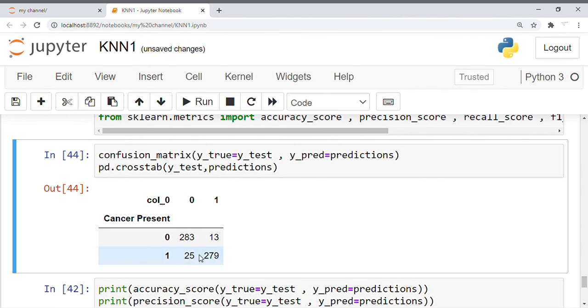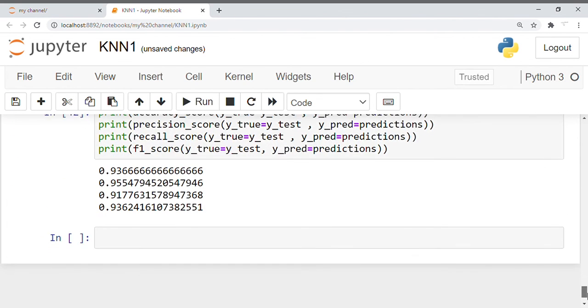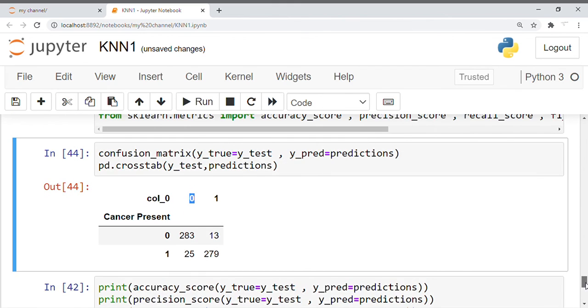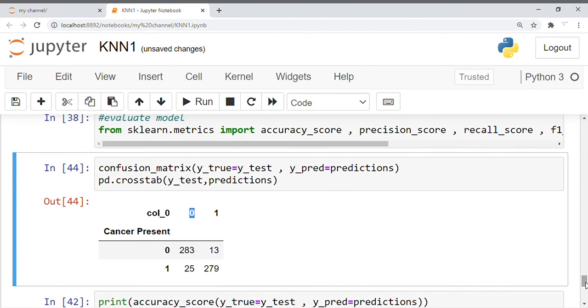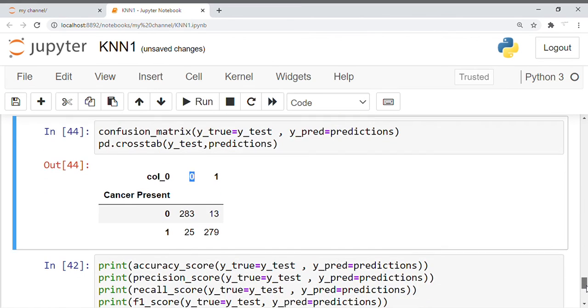Okay, so you can see the misclassifications here, 0 classified as 1, and then 1 classified as 0. So that is going to be the misclassification rate, right? We call them false positives and false negatives, right? So that is basically what we see when we go with the crosstab, just like your confusion matrix, which is giving us a better view in this case, right?